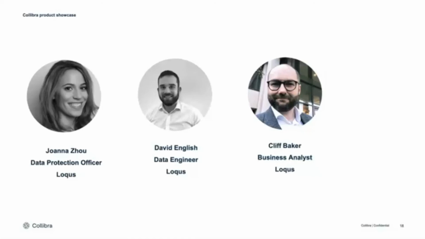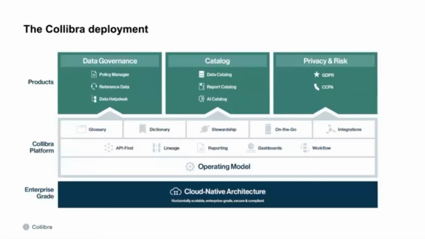We see our team. So we have Cliff, the business analyst. He's going to collaborate, obviously, with Joanna through the system, who cares very much about data protection. So she'll be checking a few items. And then last but not least, we have David, our data engineer, who's going to be working with the catalog to make sure that the relevant information is accessible to Cliff. One more slide before we go into the live example. I'm sure that Cliff, David, and Joanna are eagerly waiting to show you